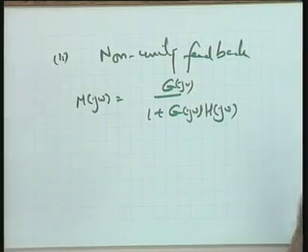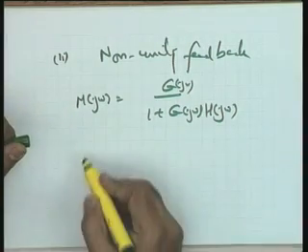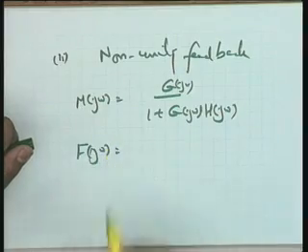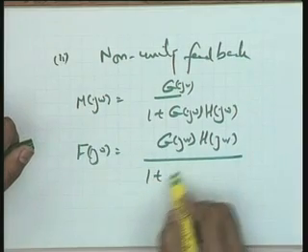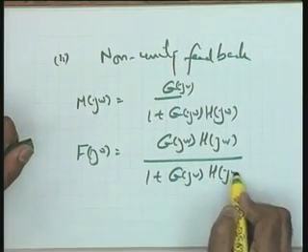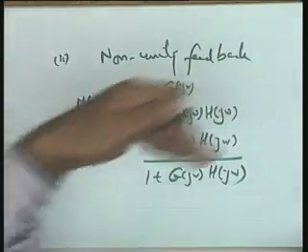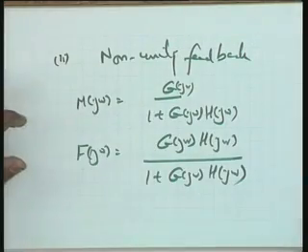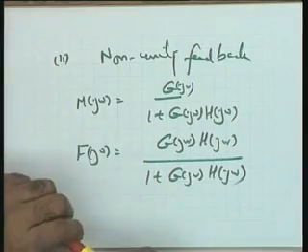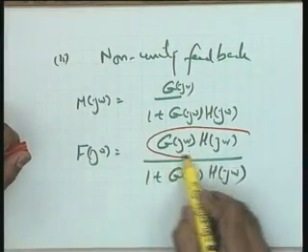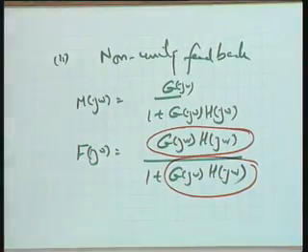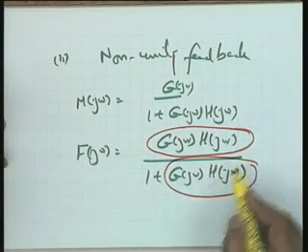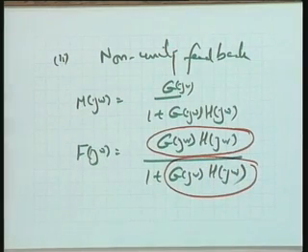So, if we have a case of a non-unity feedback system, what can I do? Either I will make certain approximations, or one thing we can do, please see, let me introduce a new function: F(j omega) is equal to G(j omega)H(j omega) divided by 1 plus G(j omega)H(j omega). Let me call this F(j omega). Now, the Nyquist plot method, that is the constant M circles or the Nyquist chart, both are applicable, because this can be treated as an open loop transfer function. Now, it is of the type G over 1 plus G. So, if it is GH over 1 plus GH, it is applicable, there is absolutely no difficulty.